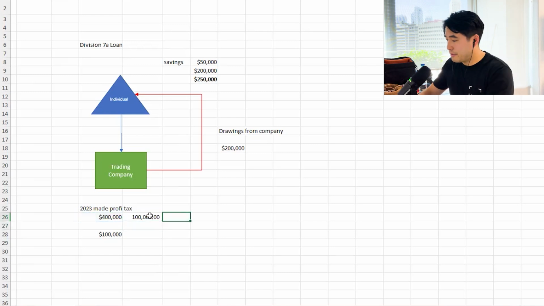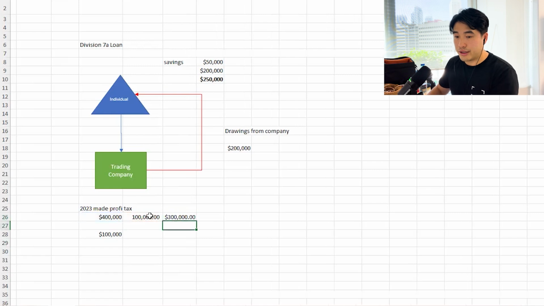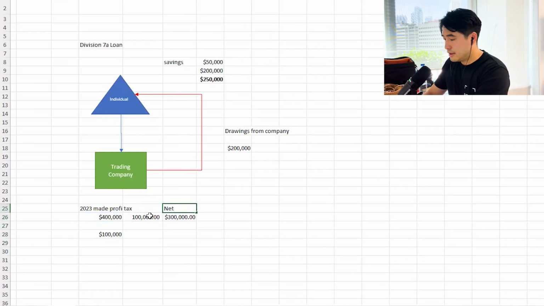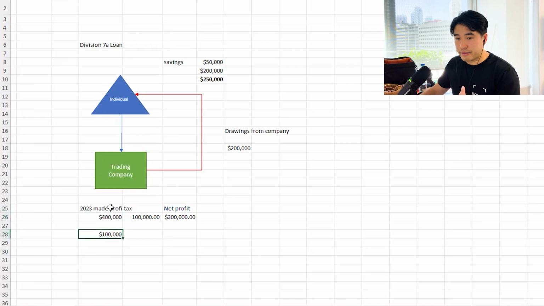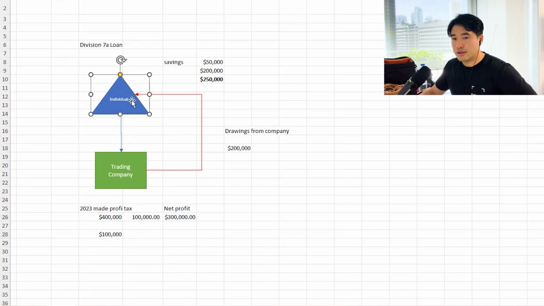Yep. And then you pay that. So from that 400K, it goes down to 300K. That's your net profit. And don't forget, wages have already been taken out of this, so this is actually on top. So that's net profit after wages have been paid. So this 100K already goes to this person, but they've already spent $50,000 of that 100K and paid taxes on that too. So there's only 50K left over.